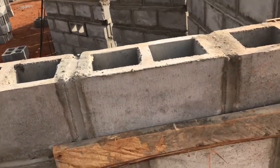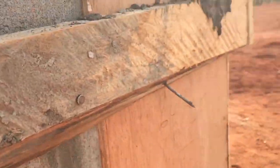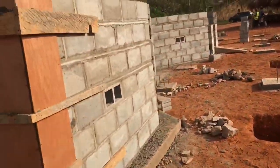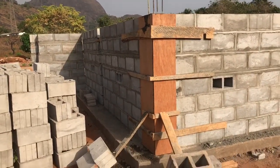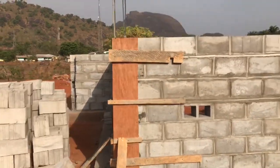Okay, a bit of climbing up on the blocks that are standing over here. So there you go. There it is. There's the corner. So that's looking pretty good. They've got it all filled, and